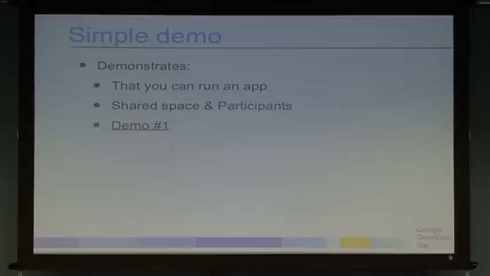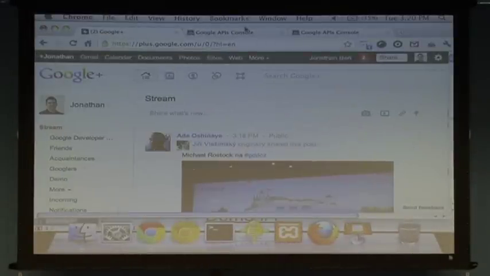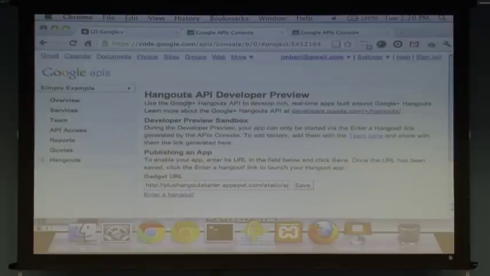Okay, now simple demo. I showed you a screenshot before, so I'm actually going to switch to that. So I've created a simple example. This is already pre-registered. I've enabled the Hangouts, and I've pre-registered this demo. This demo is actually publicly available. You can use it after this talk to play with it.